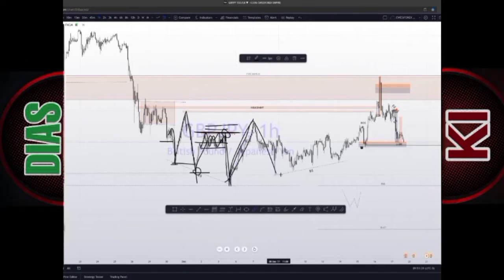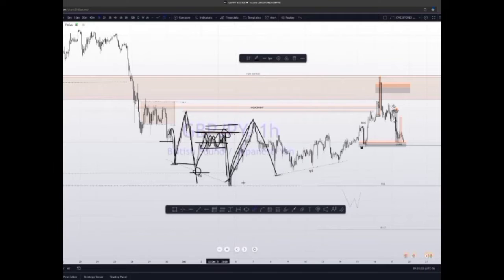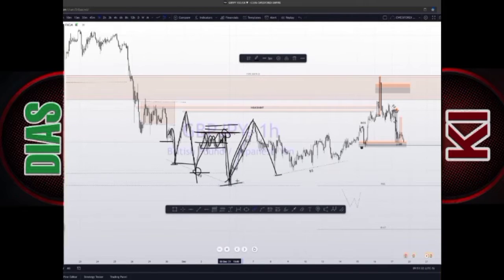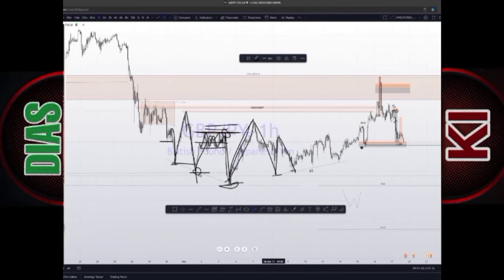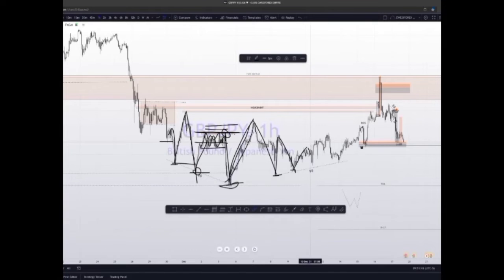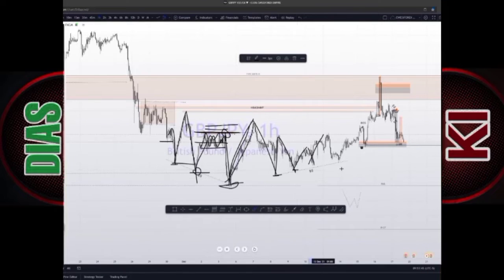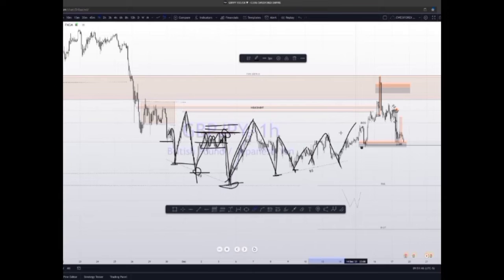But what happened over here, you can see that this previous day low wasn't taken out. So you can see price started moving in a corrective way. Price didn't take out this low again, went up. You can see it didn't take out this low again, started moving in a corrective manner. It broke the structure over here. So if you are